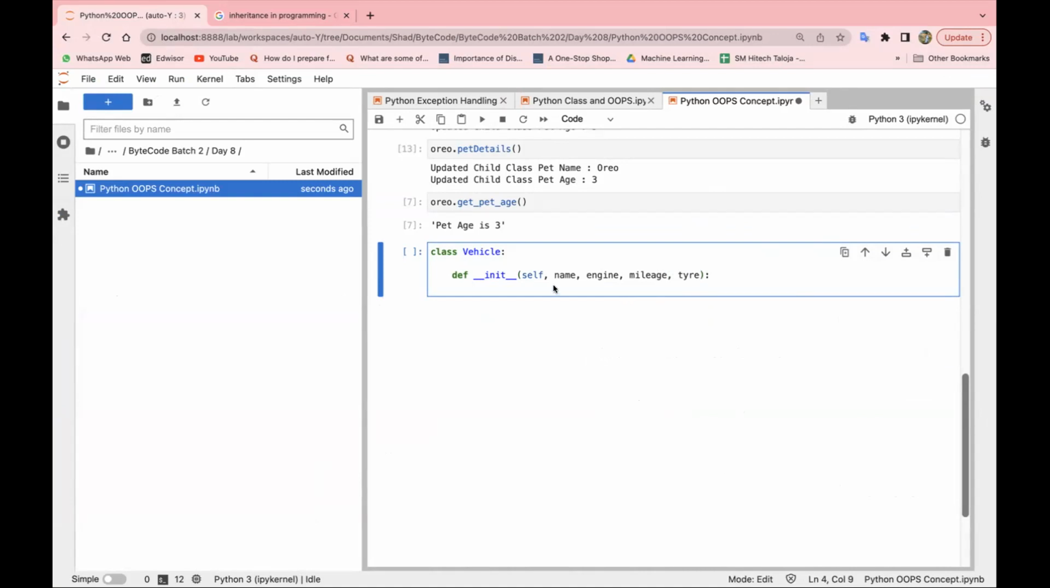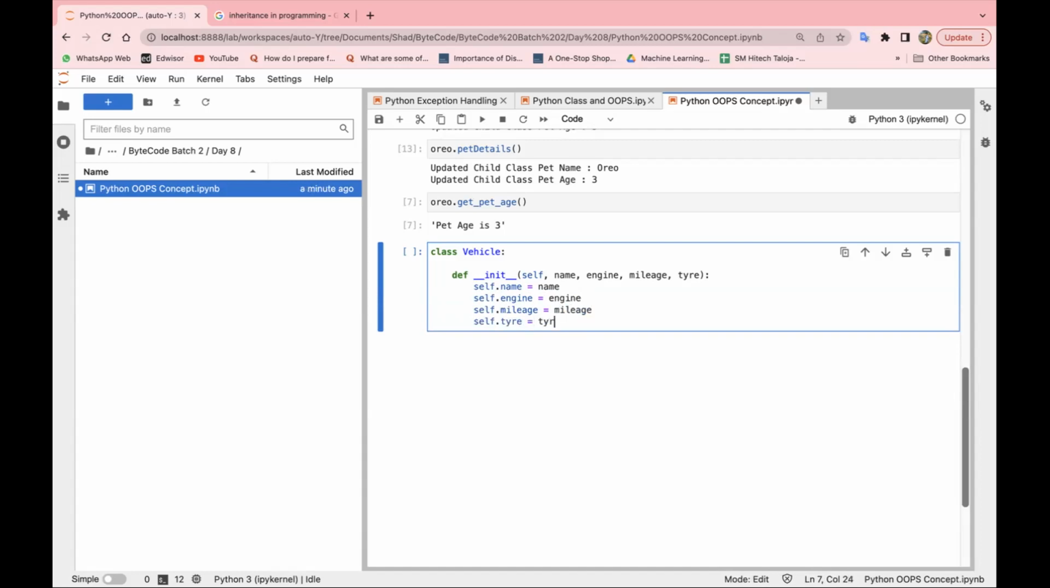Now, self dot name equal to name, self dot engine equal to engine. I'm just storing every other piece of information available to the self keyword. Self dot mileage equal to mileage, self dot tire equal to tire. Now I will define get vehicle details,